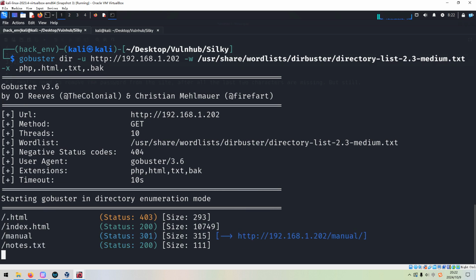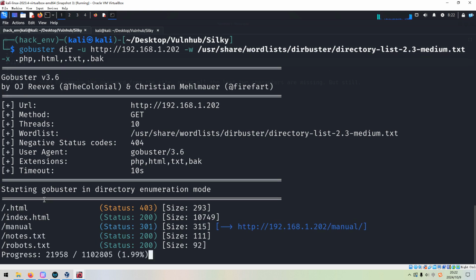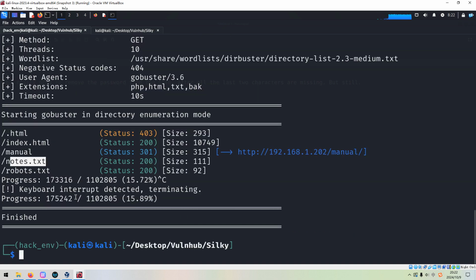Press enter. Although Gobuster, like Nikto, can discover files like notes and robots, we have already found such information earlier, and I don't think we can find anything else beyond these two files. To save time in this video, I'd like to stop Gobuster.